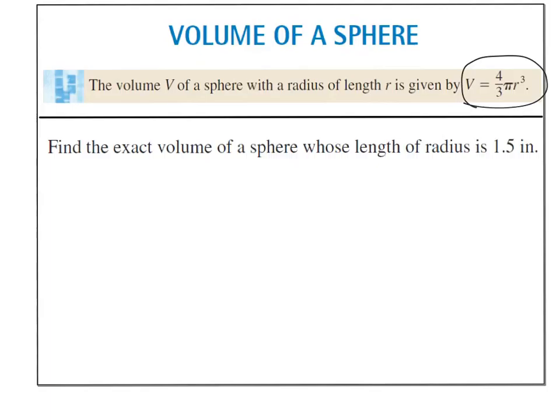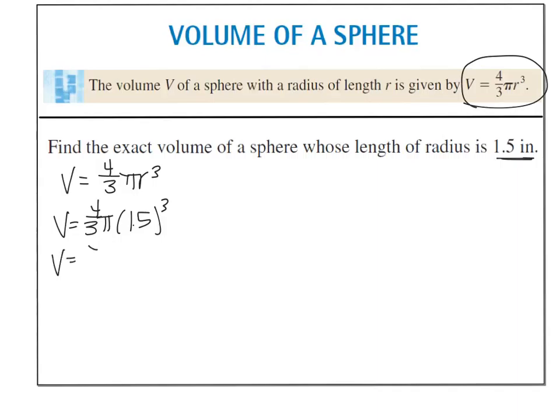So when we talk about this, we look at the exact volume of a sphere and we have a radius of 1.5. So I know my volume is 4/3 pi r cubed. I know my radius, so I plug that in. 4/3 pi times 1.5 cubed. When I cube that, I get